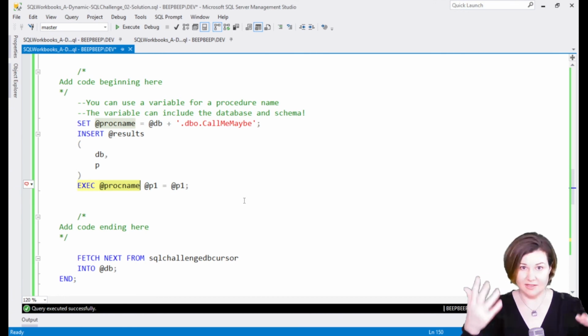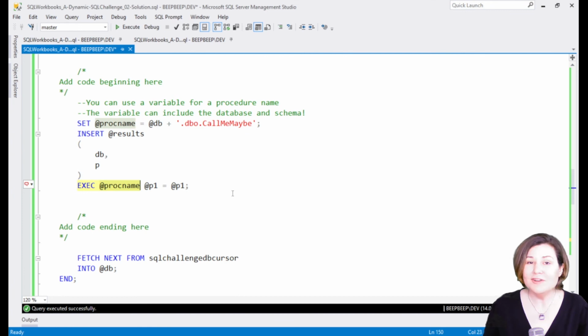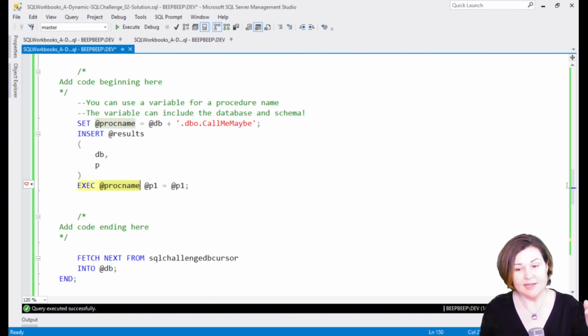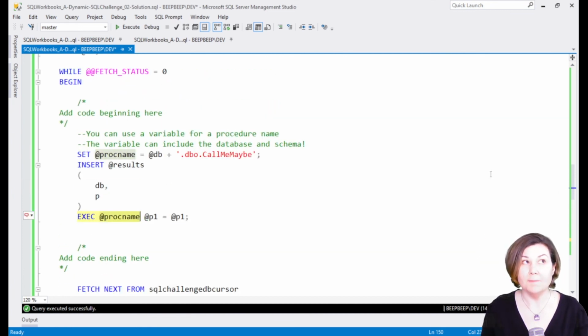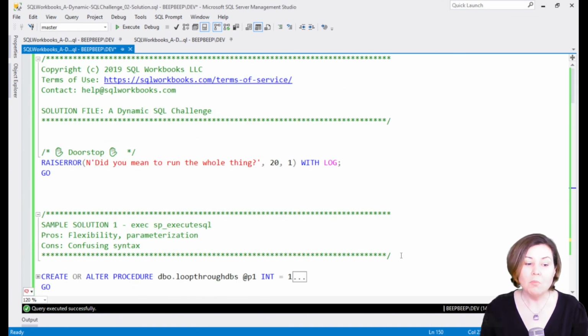And I can just, in this case, do that in my loop very, very simply. Nice, simple code. If you're not just looping through databases and executing a stored procedure, but instead you're looping through databases and running a select, an insert, or a delete, the one I would consider first in that case would be a model more like